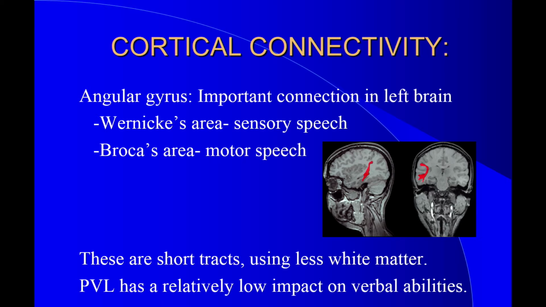issues related to connectivity. Of these, under the deep brain connection areas of the white matter, the language system has been studied most intensively. There are a lot of nice pictures about the connection between Wernicke's area, sensory speech, and Broca's area, motor speech. And in people with CP, we really essentially never see people with aphasia, like you would see with somebody with damage to one of these areas from a stroke.